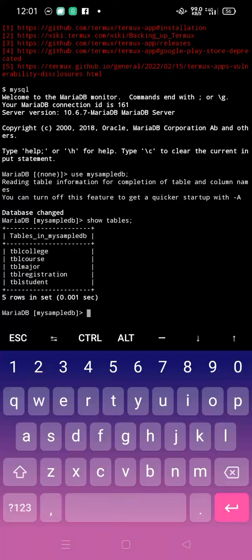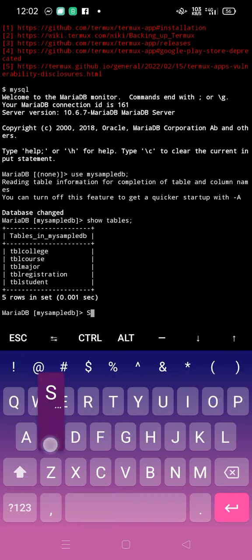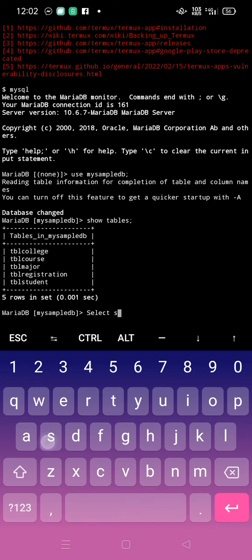Good day everyone. So in today's video I will demonstrate how to retrieve records from multiple tables. So we will use again the select statement. Okay, select student number,